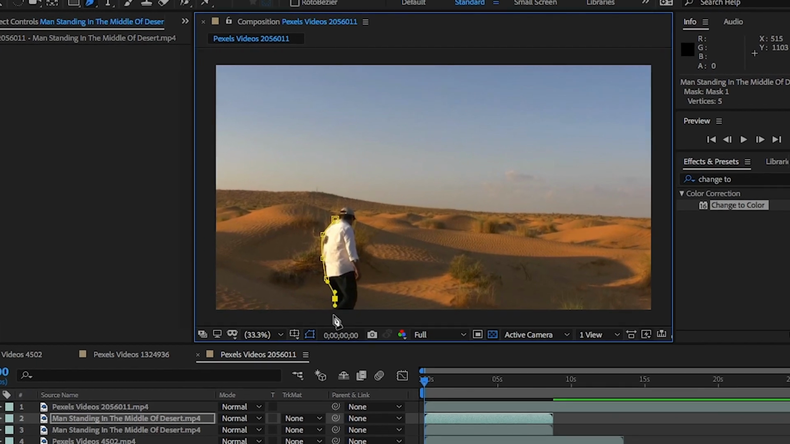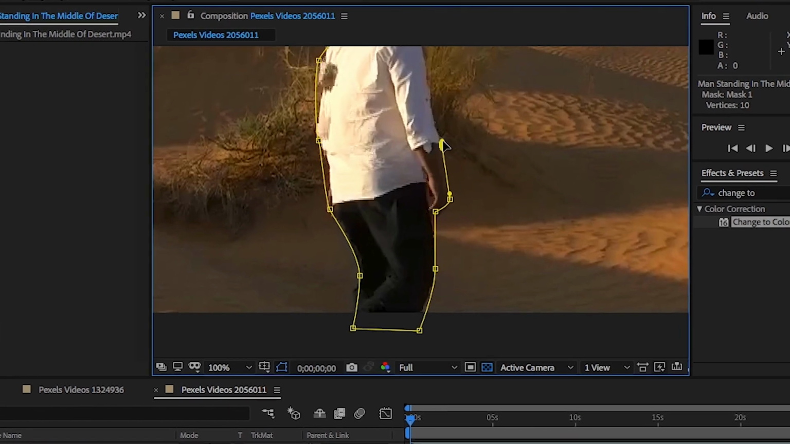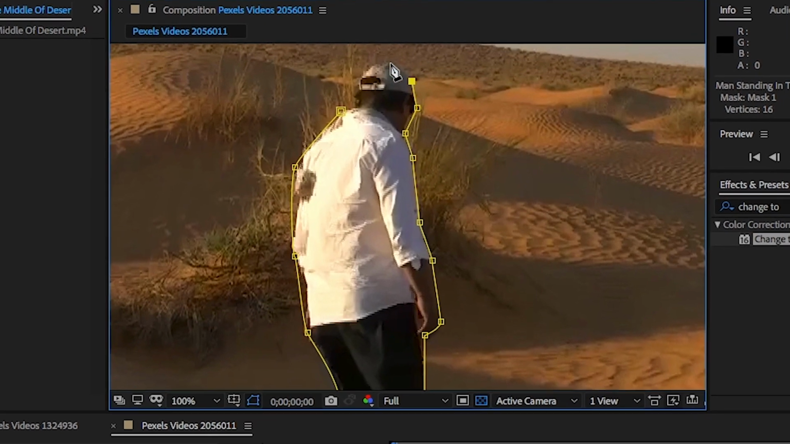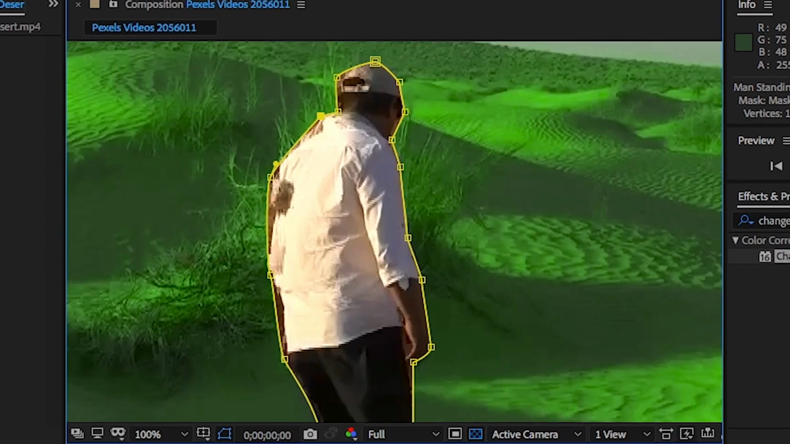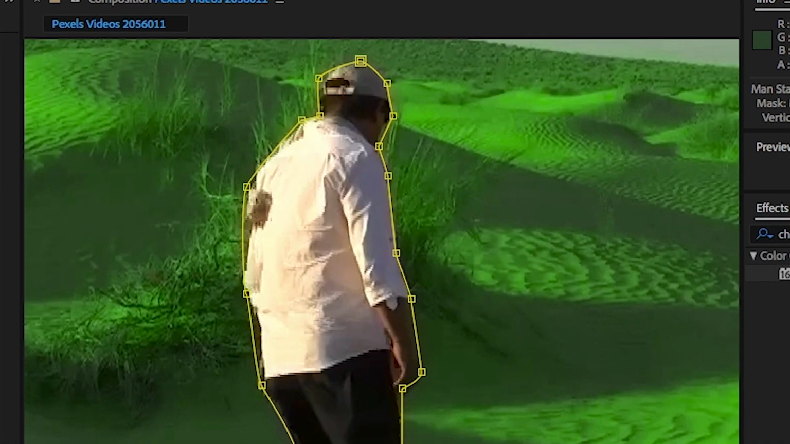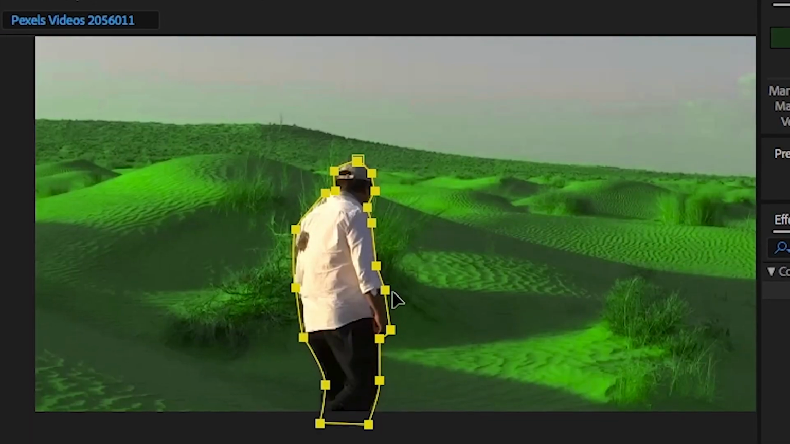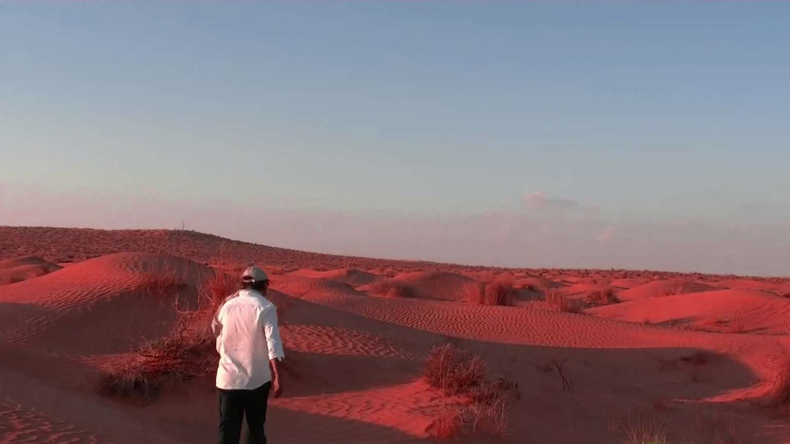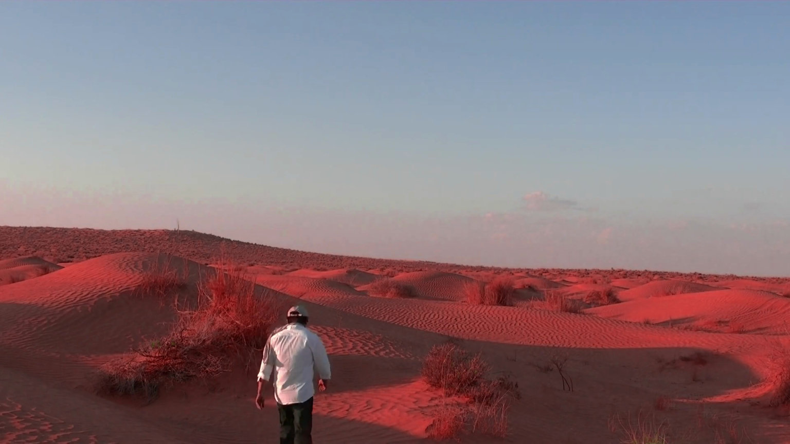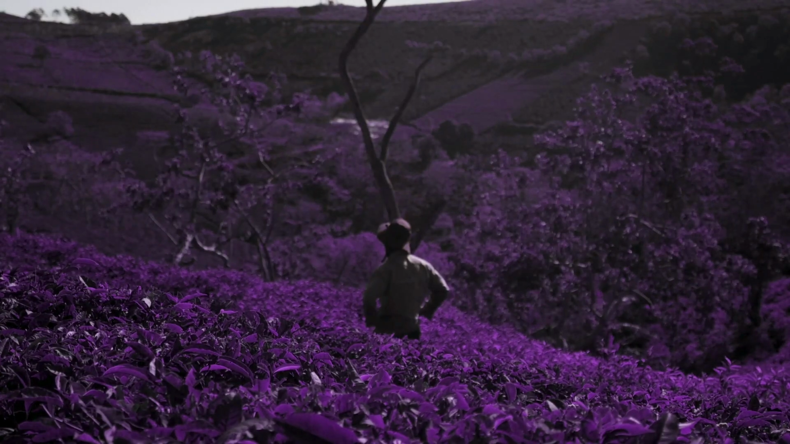Now, if this doesn't work quite right, duplicate this layer and use a mask to bring back the object without the color change. You'll need to animate the mask unless you're fortunate enough for them to stand in place. Once you have this effect down, you can play around with it and start using it on a variety of